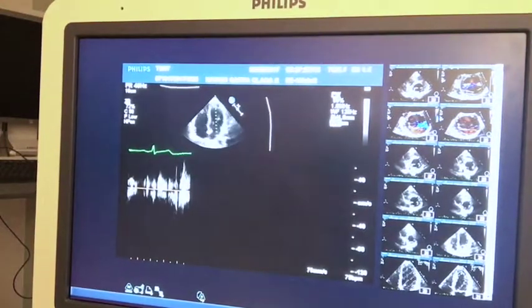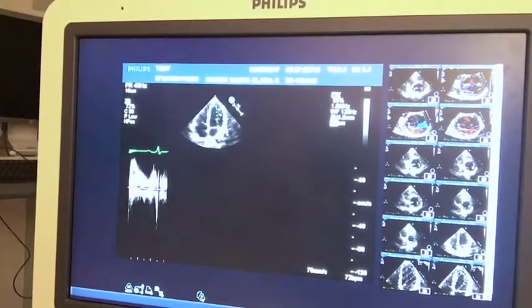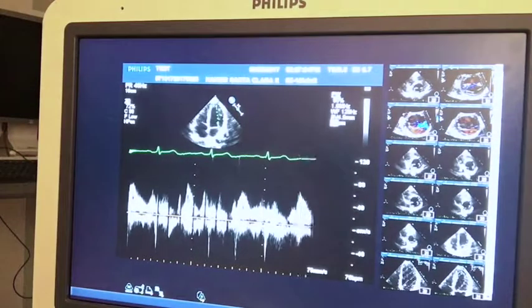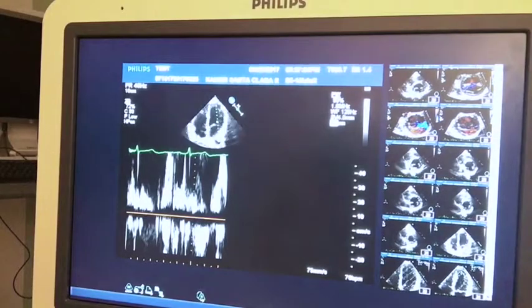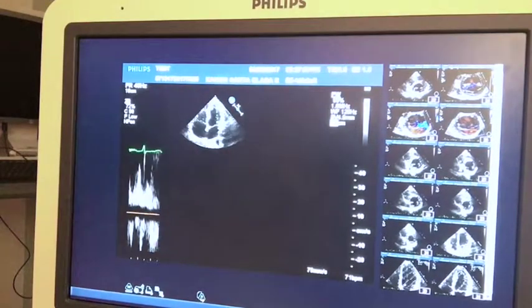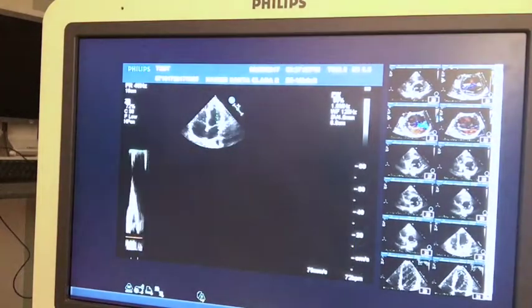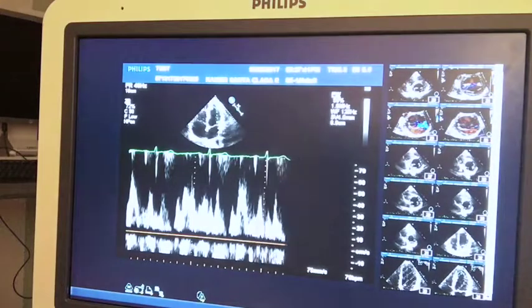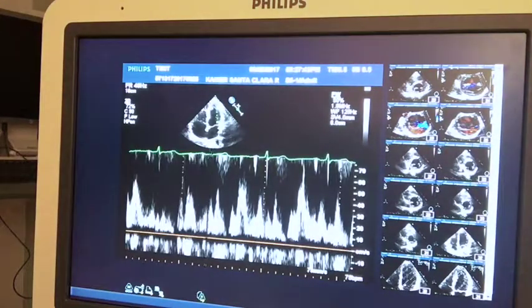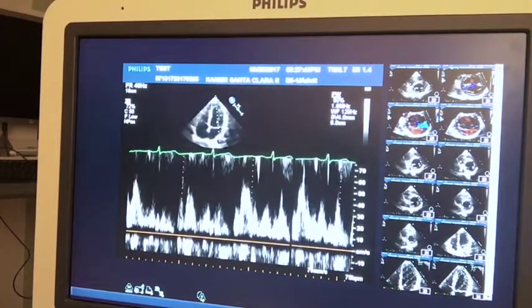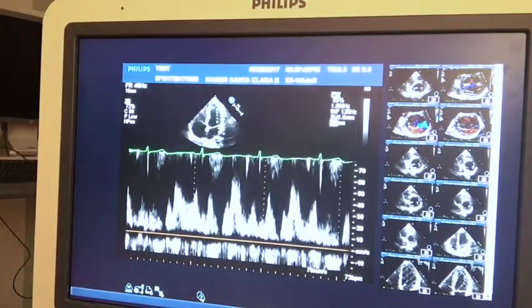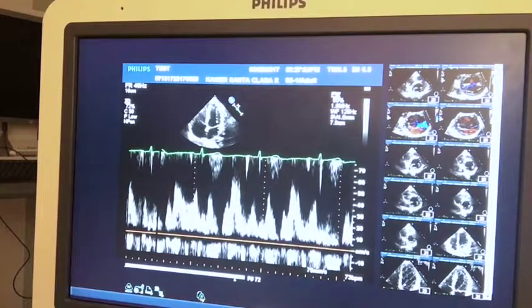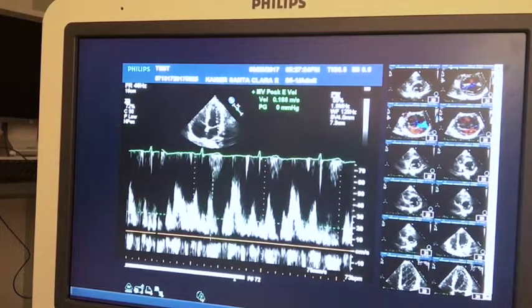Okay, so the next thing I want to do is change the scale a little bit. I'm going to come down to the mitral valve, and I'm going to do a Doppler. This is a pulsed Doppler of the mitral valve. I'm going to make sure that I have appropriate scale on the Doppler signal. That's a big thing: if you're going to measure a Doppler, make sure that you're utilizing most of the available real estate to do the measurement, because the smaller the Doppler signal is on screen, the more likely you are to